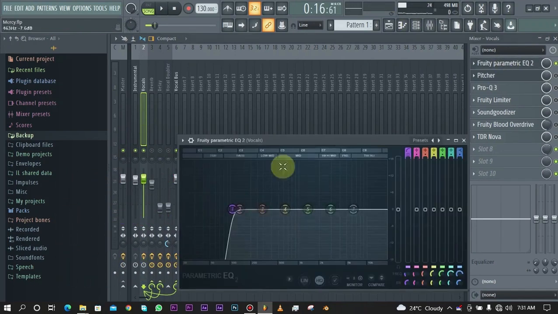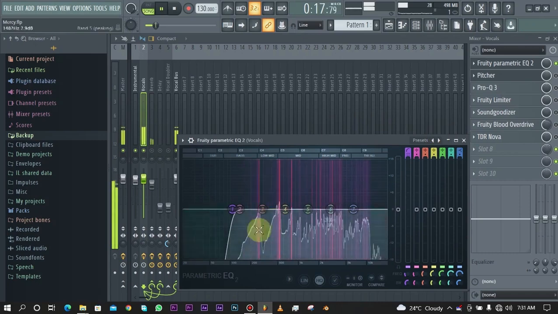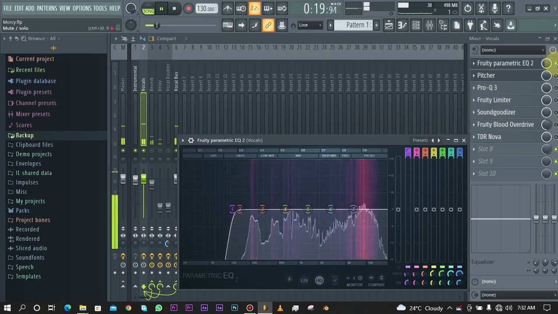So as you can see, first of all, we have a parametric EQ, and this is just to take out some of the low end, all right, that we do not need. All right, so as you can see, I just did a high pass filter and just took out a portion of the low end right here. All right, so as you can see,